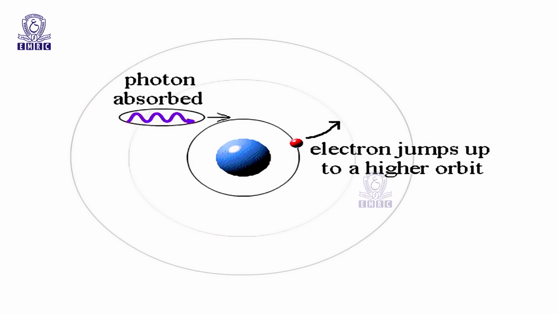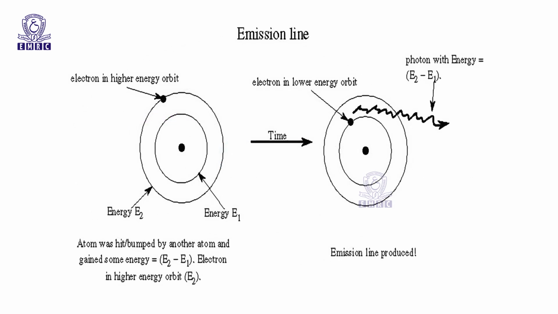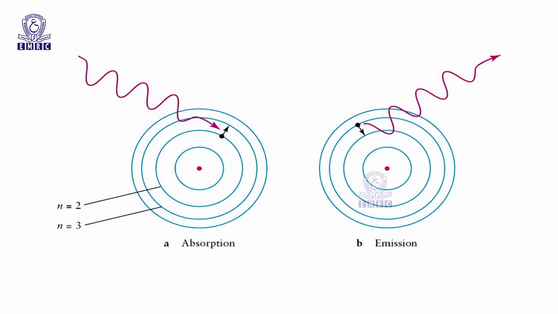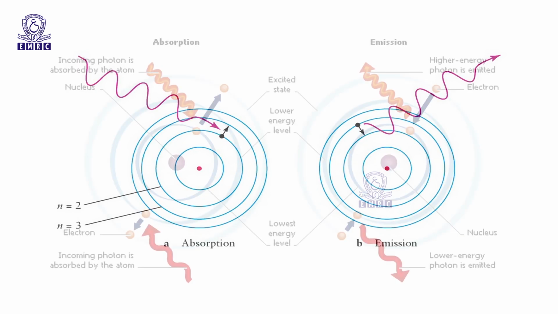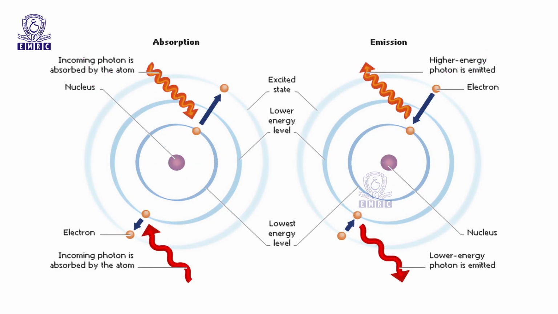Information about a given material is thus available in electromagnetic radiation as a consequence of transitions between these energy levels. A transition to a higher energy level is caused by the absorption of energy, or from a higher to a lower energy level is caused by emission of energy. The amount of energy either absorbed or emitted corresponds precisely to the energy difference between the two levels involved in